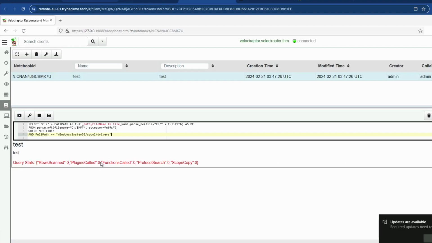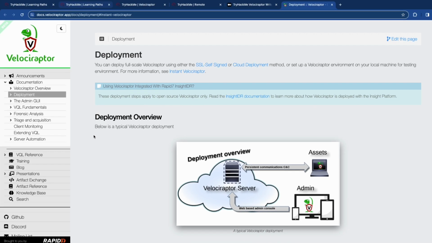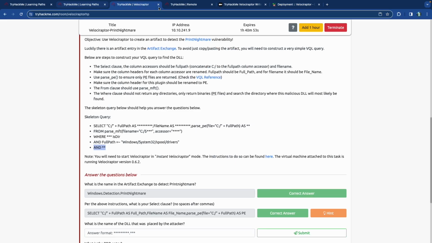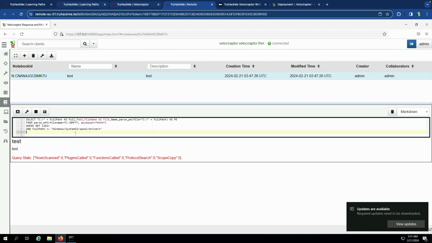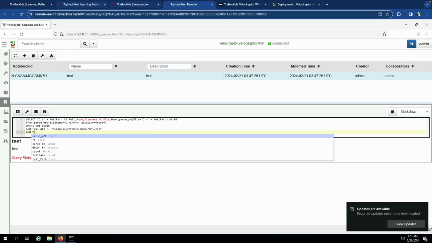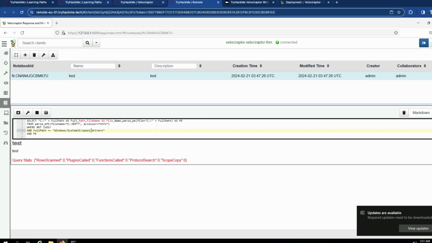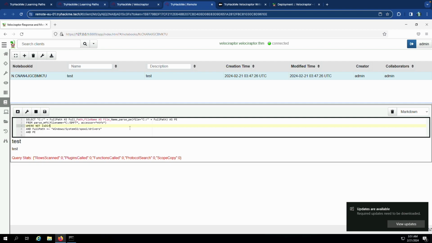Let's just do that and confirm that. What just happened? Where did I end up at? I need to end up here. There we go, and go here and do this as our last line and make sure that that's actually PE. Okay, so I think this is it. I think this is our full thing right here. So let me run this down and look at the VQL and have it be like that, and then